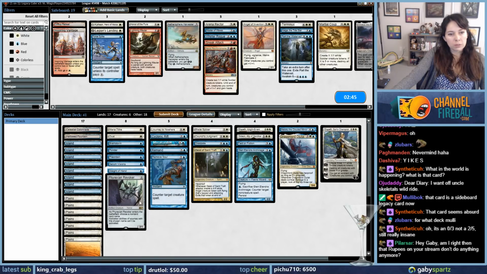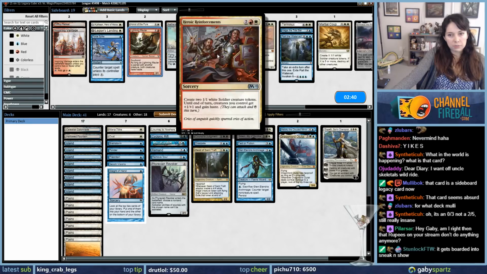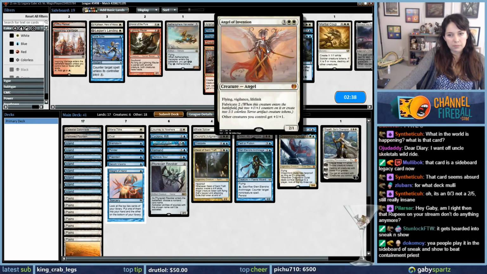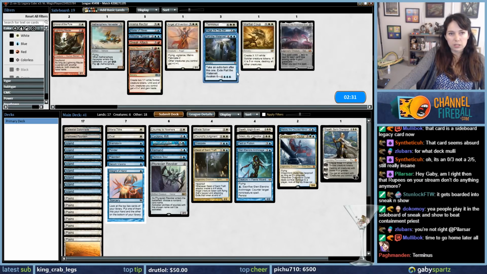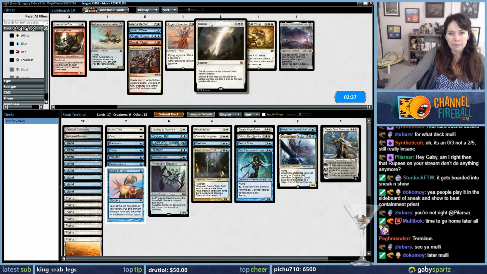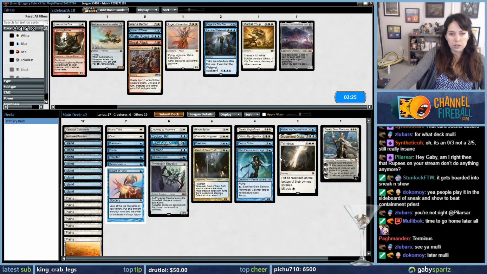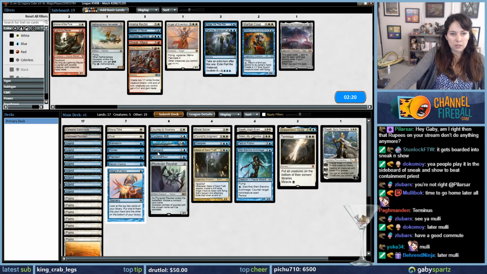Yeah, we can revoke her naming that thing, because we don't have a ton of ways to deal with it. Am I right that the rupees on your stream don't do anything anymore? No, they still do. Nothing with the rupees has changed. Sounds good. See you later, Molly. Terminus is good against the nonsense that we saw. I like that better than Maloku. And we can cut,